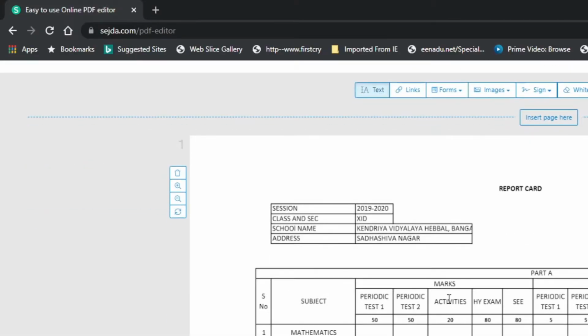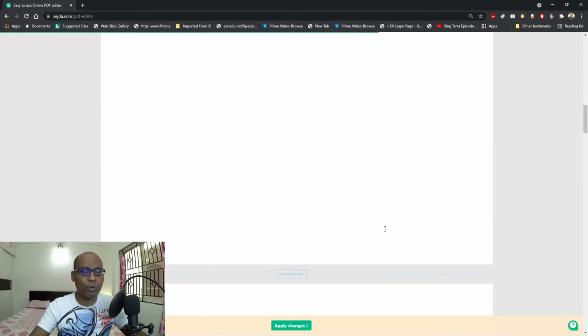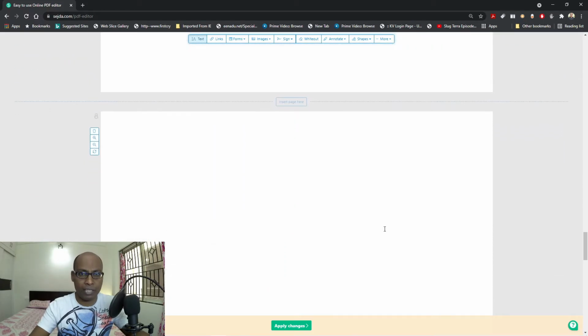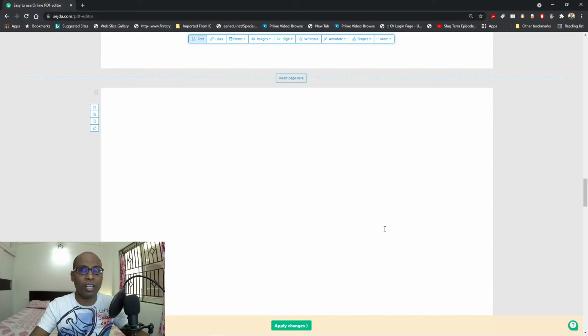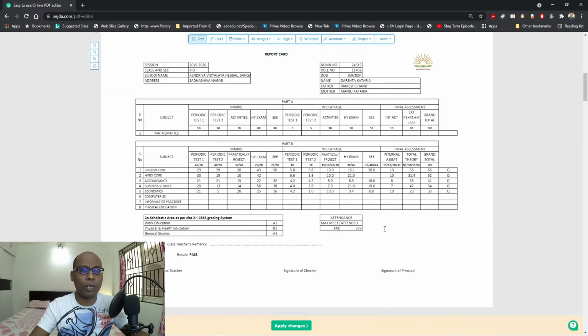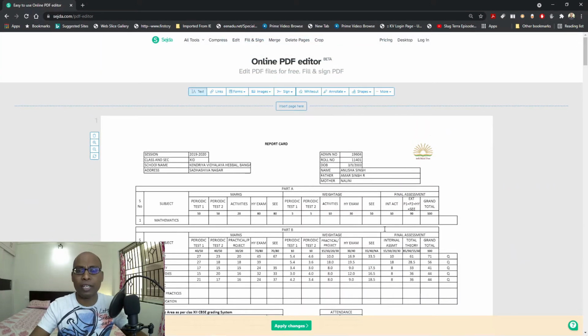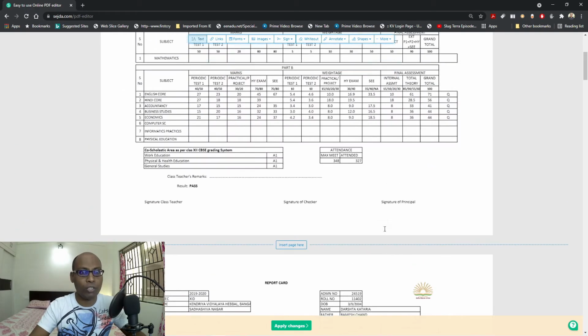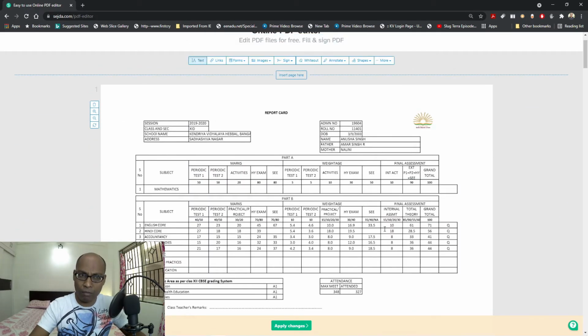Let me upload it. Now here in this PDF I have so many PDF documents. This is actually the report card of one entire section which I teach. Now in this section I don't want all these things. Only one student is asking for one report card, but I have multiple report cards in this one single file. Now what I want to do is erase the remaining pages, and I want only one mark sheet in the entire document.